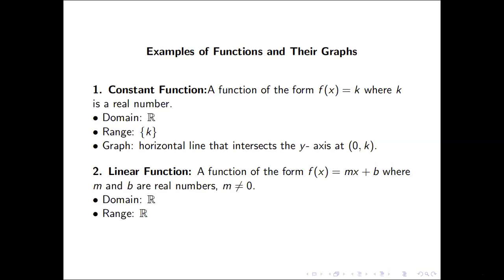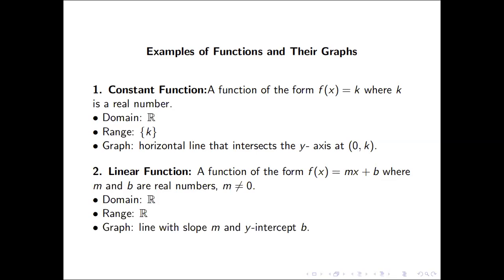Why is that? Since it has a non-zero slope, that means the line is no longer horizontal, it will be slanted. And if it's slanted, no matter how small its inclination is, it will always extend in both directions, in the positive and negative x directions, and also the y directions. So that means it will include all y values eventually, from negative infinity to infinity. So the range is R. Right? When you draw a slanted line, it will extend in both directions of the y-axis as well as the x-axis.